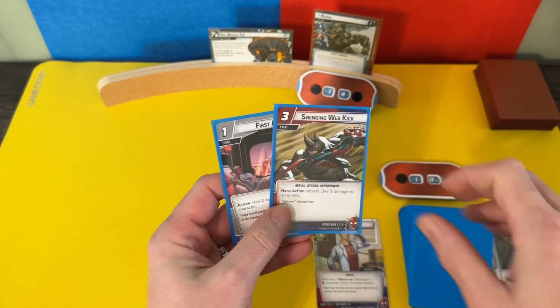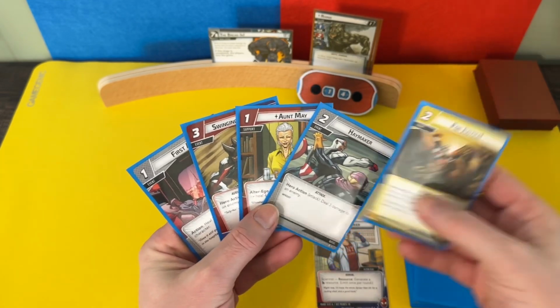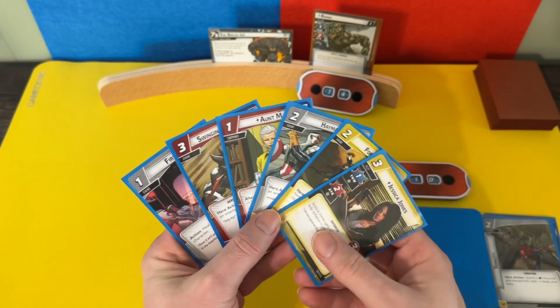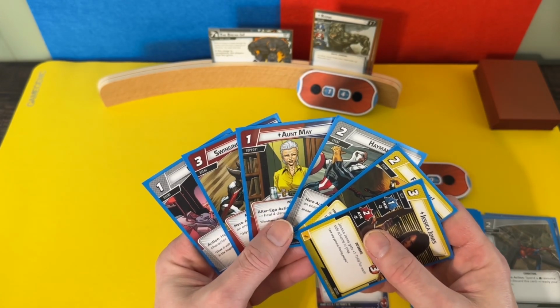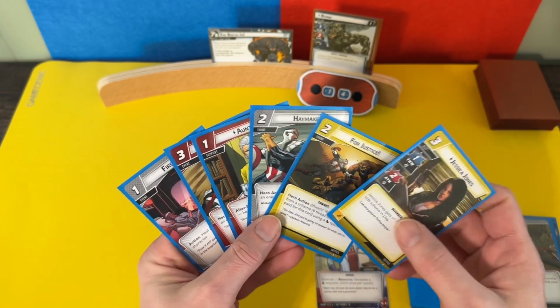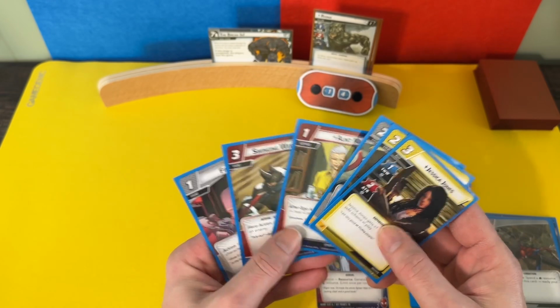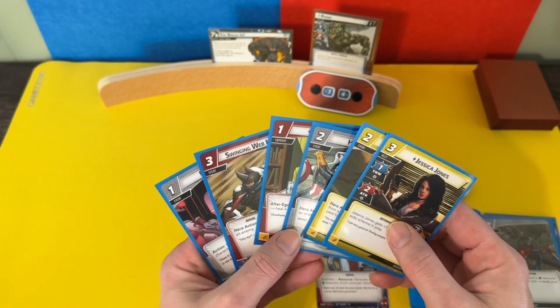Get First Aid, another Swinging Web Kick, Aunt May, a Haymaker, love like a web shooter or something for Justice, and Jessica Jones, yay. Okay, well, I guess we are just going to get Jessica Jones on the table. Nothing else looks super good. Aunt May would be nice. I'm just afraid I won't be able to get back to Alter Ego